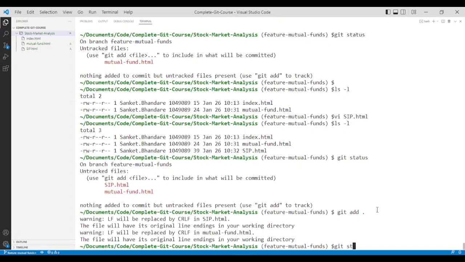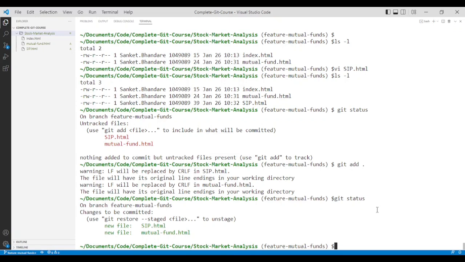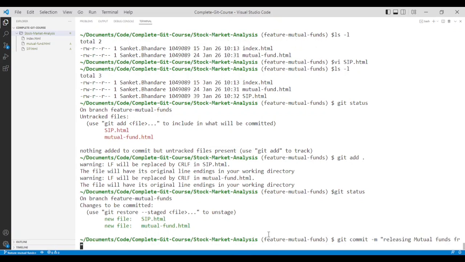and all the files have been added now. If you check the status, the files are present currently in the staging area. So in order to save these files, we need to use the git commit command, and git commit will store these changes permanently. Releasing mutual funds feature